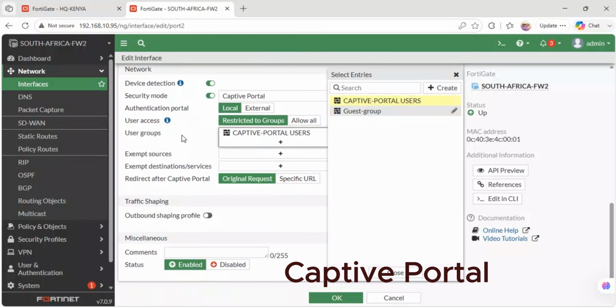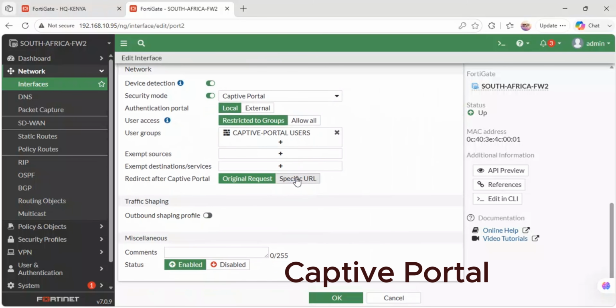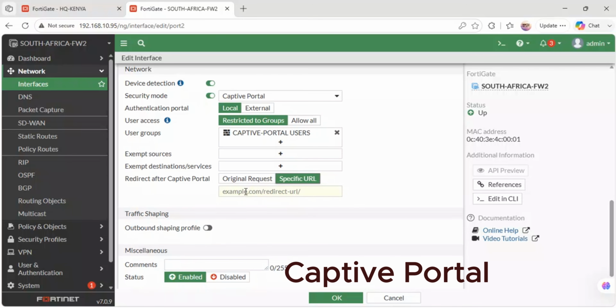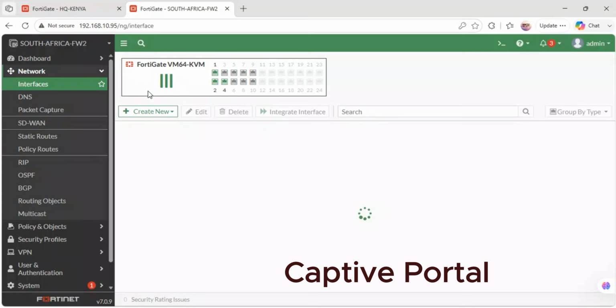Then at this stage, let's try to verify. When the user tries to access the site that I'm going to verify here, he has to authenticate. So let me check. Let me enter Facebook or TikTok, maybe tiktok.com. So that is it. So once you configure that,